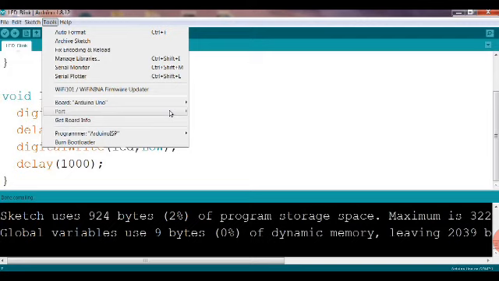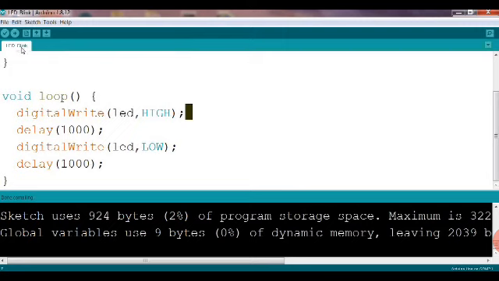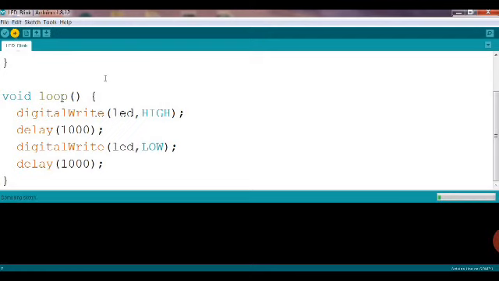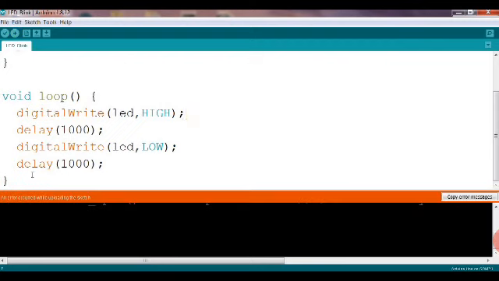Whatever port comes on the right hand side, you just select it. So very first you select which type of Arduino, and then which port we are using, and then you go for uploading. With the arrow mark, you are able to upload it to your Arduino hardware.